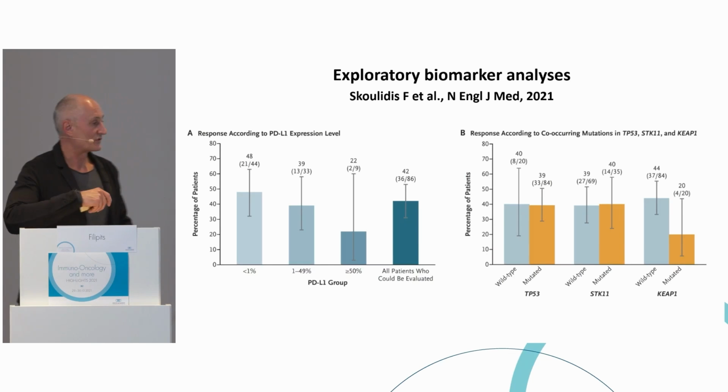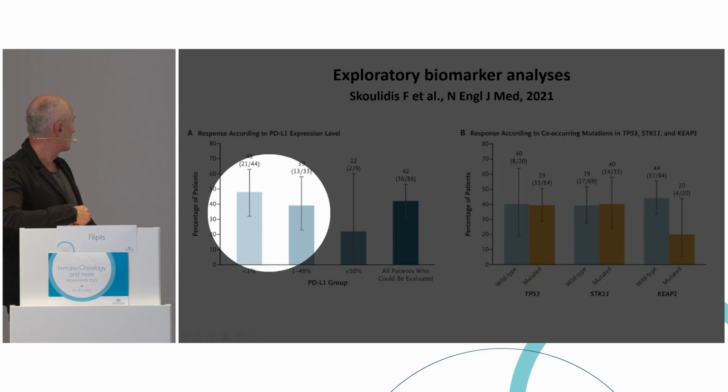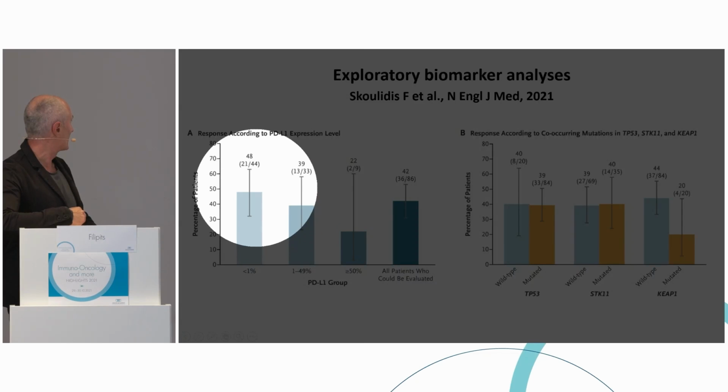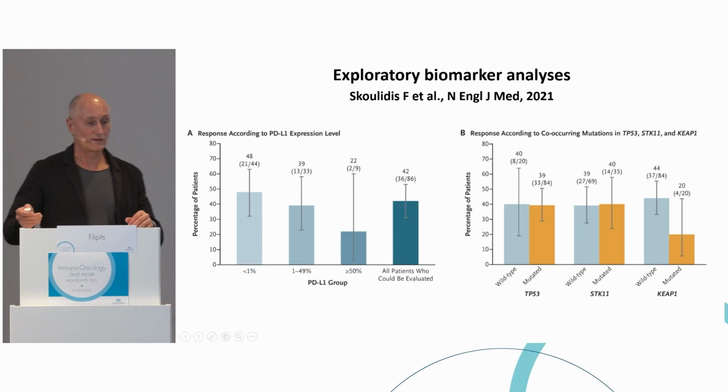So the best response rates have patients with low PD-L1 expression, so less than 1% PD-L1 means that the response rate is 48%. For the group with 1 to 49% PD-L1 expression, the response rate is 39%, and the lowest response rate, 22%, was achieved in patients with equal or higher than 50% PD-L1 expression,